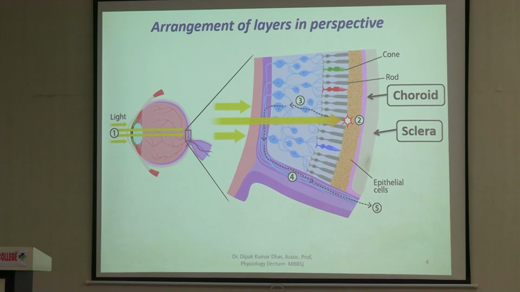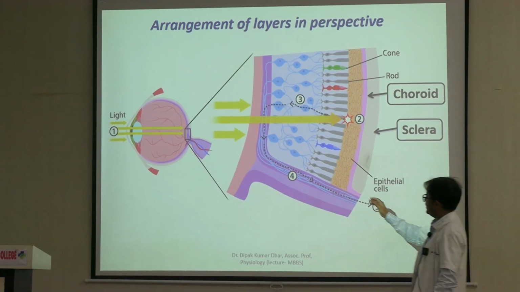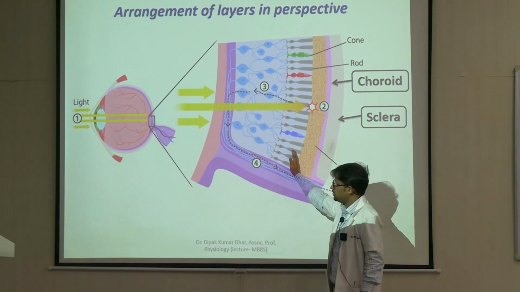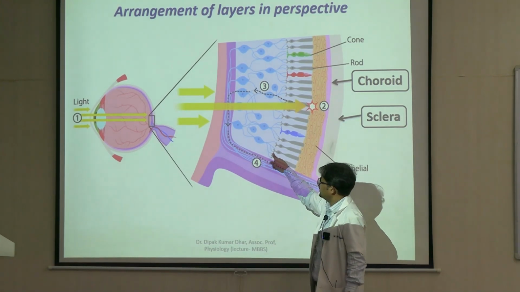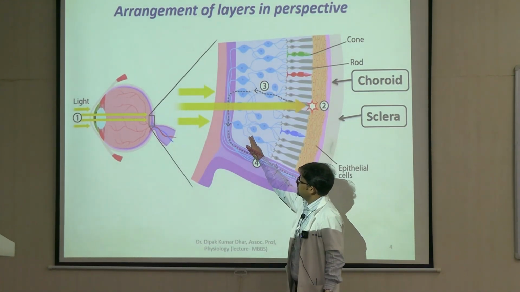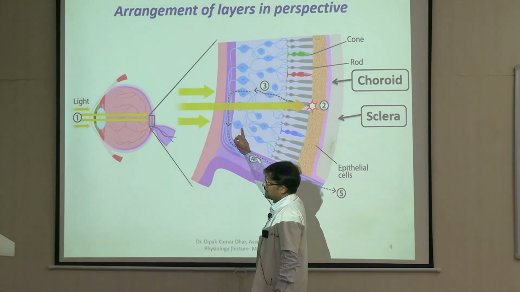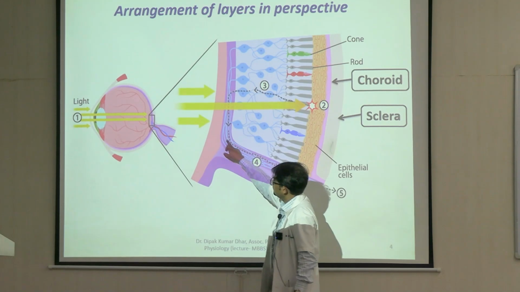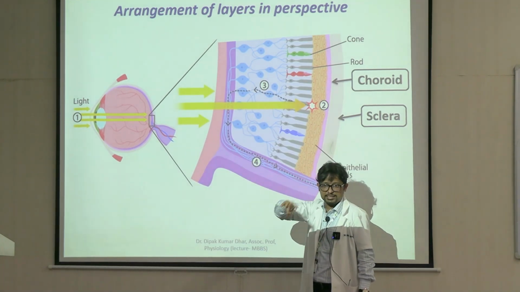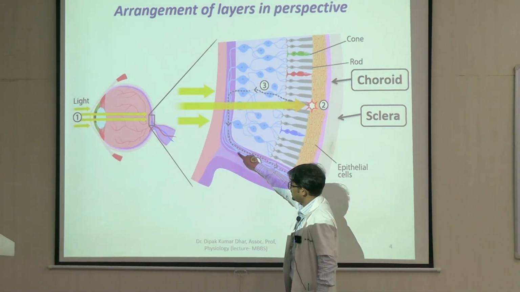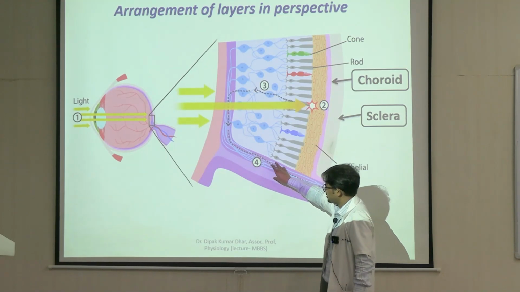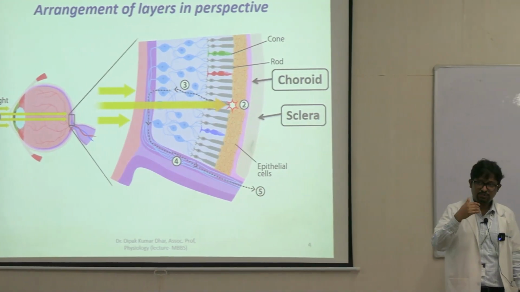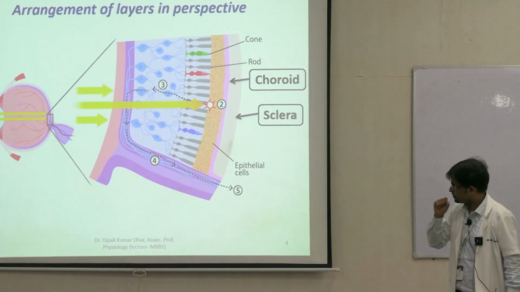So retina के जो layers है, they are arranged like this. This is layer number 1, pigment epithelium, photoreceptor, right? The synaptic layer, plexiform layer, followed by bipolar. The second plexiform layer, ganglion cells, and the axons of the ganglion cells, they come together, they combine into bundles, and ultimately forming the optic nerve, which goes back like this. Optic nerve comes out from the orbit and eventually reaches the brain.